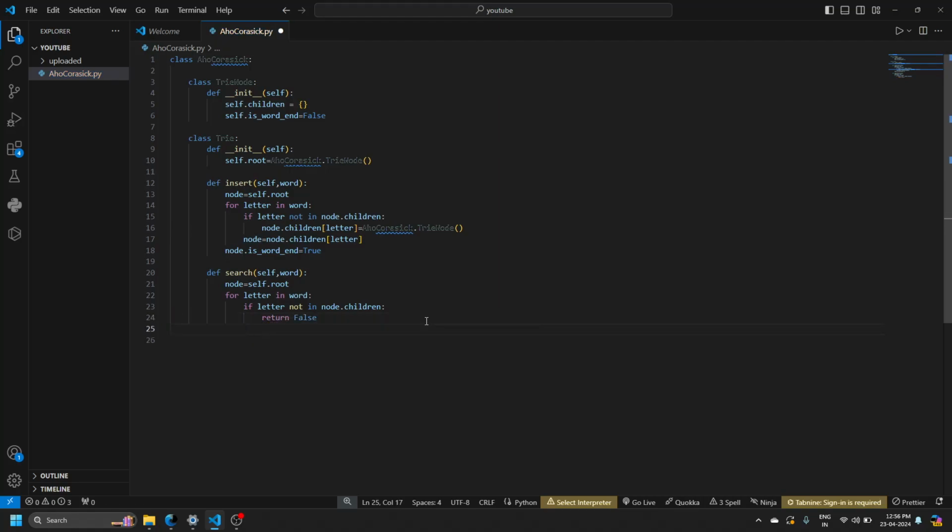Or else what you do? Tell the node to go to that child, node.children at the position. Yes, now we are telling the node to point to the child node. And after